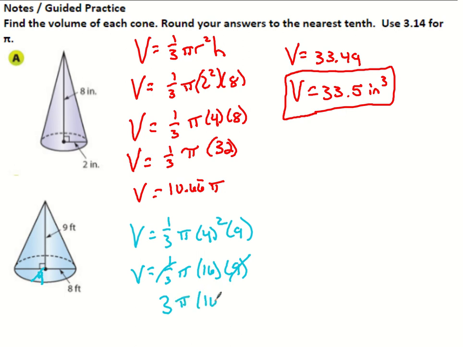And so now the 9 and the 1/3 are gone, so I combine those to 3. And then now we're back to something that looks just like a cylinder, right? So I get to do 16 times 3, which is 48 times pi. And then I just got to do 48 times 3.14 on my calculator to get